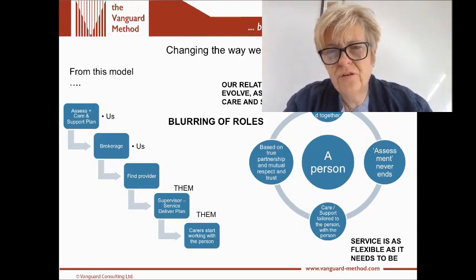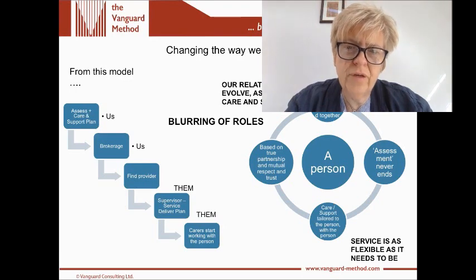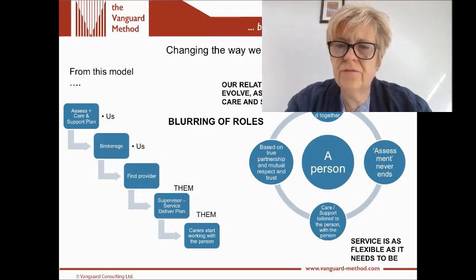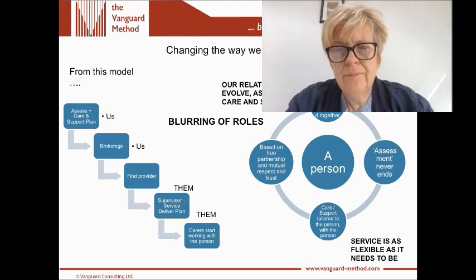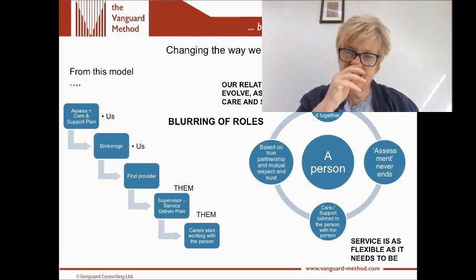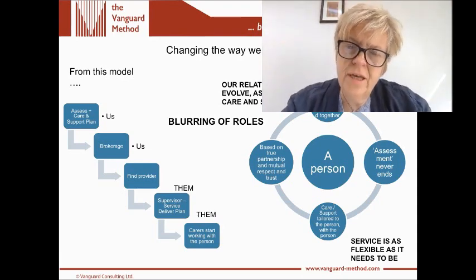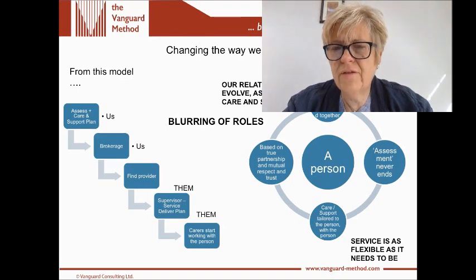So they're moving to this new way of working where there's a real blurring of roles. And that's an ongoing process, but quite challenging, because of course people do like their roles, they do like clarity, and they also often hold to their professional roles. And many have written about the over-professionalisation in people-centred services, rather than really just focusing on what matters to the individual. And as they've said, their relationships evolve, as does the care and support.